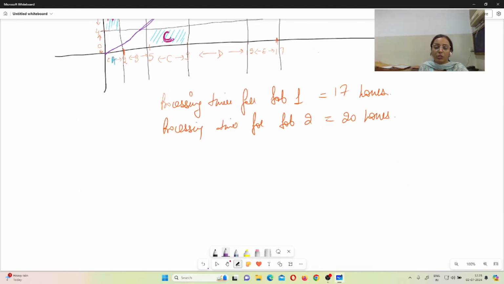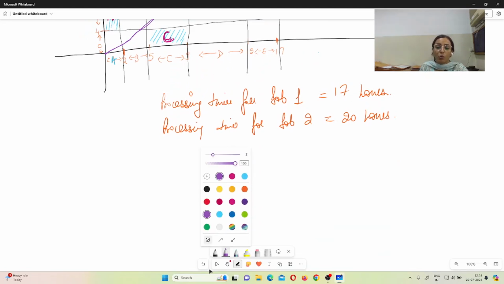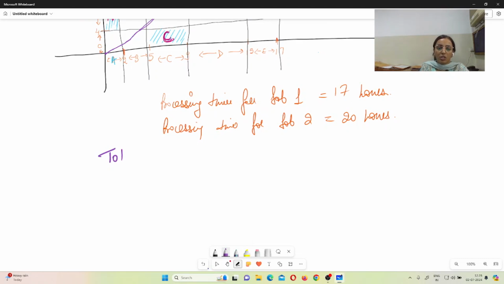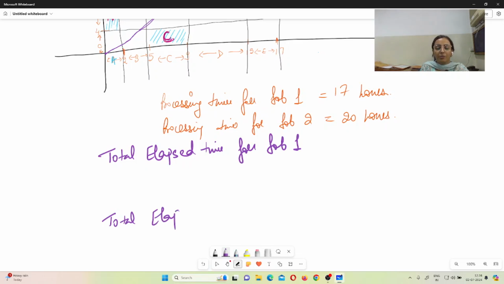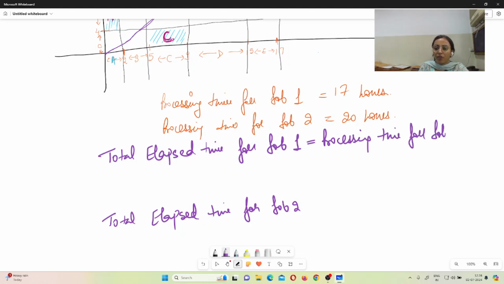What we have to find out now, just note down over here. We are finding out the total elapsed time, right? We have to find out the total elapsed time for job 1, and we have to find out the total elapsed time for job 2. The total elapsed time for job 1 is equal to, write down the formula, processing time for job 1